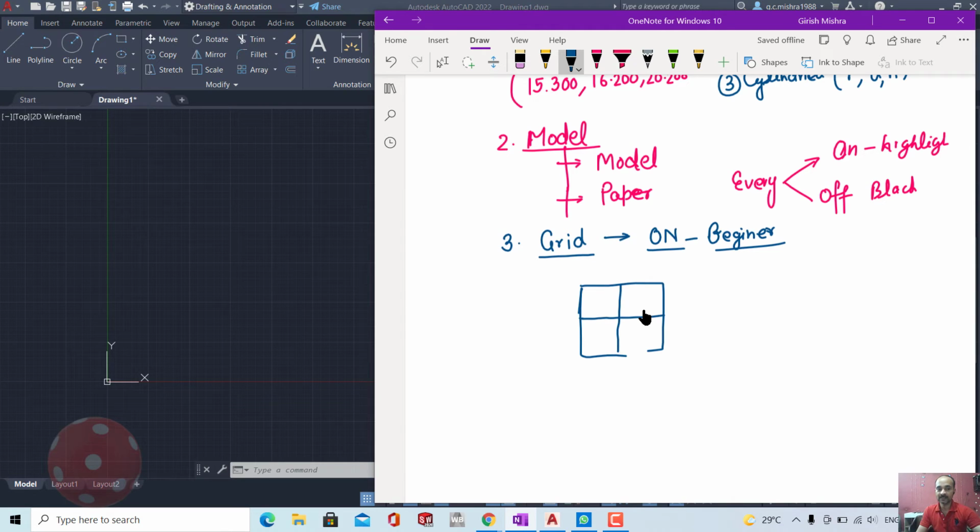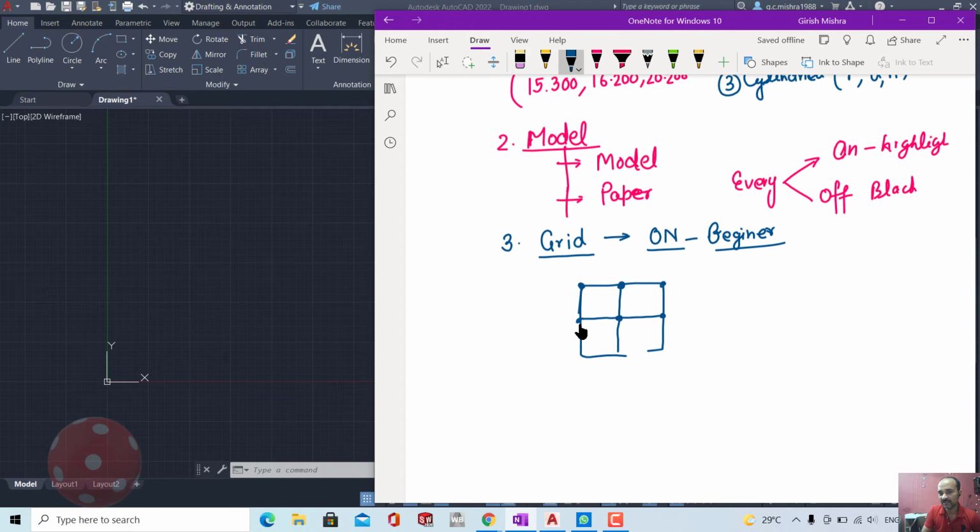What does grid do and what does snap grid do? So there I have created 4 grids here in the OneNote window, and each corner has a point.